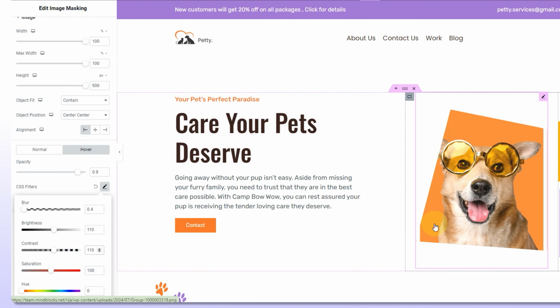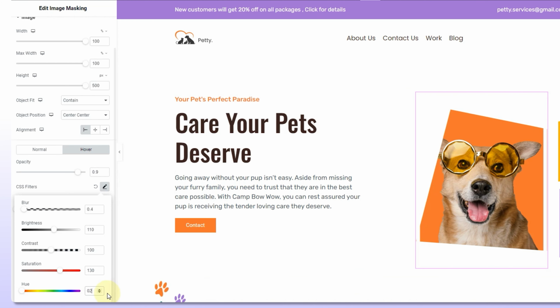Contrast from 110 or 100. 100 it is. Okay, so we're done with the filters as well.